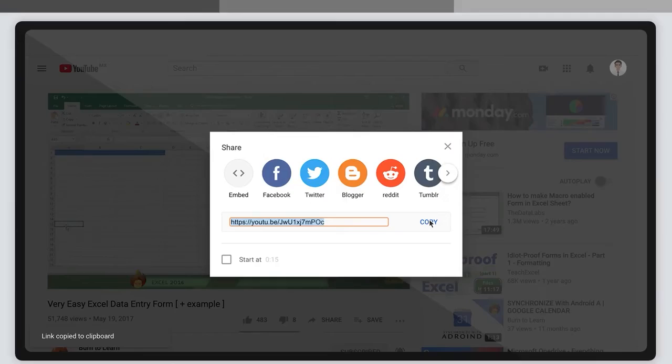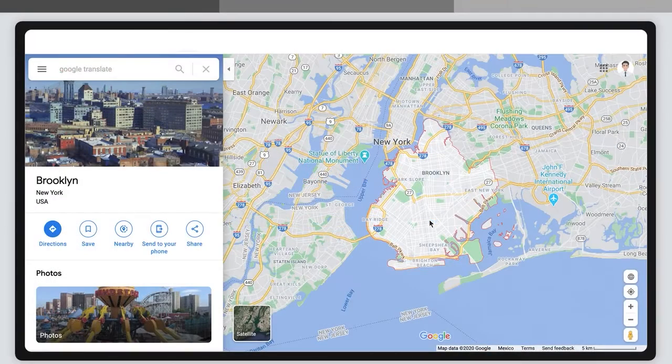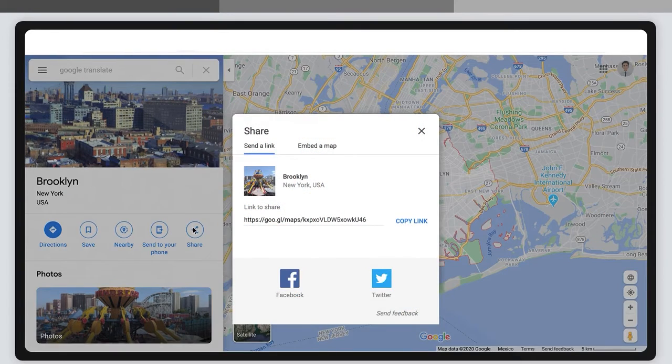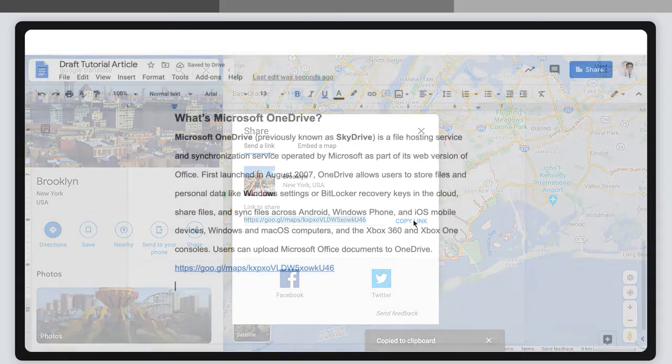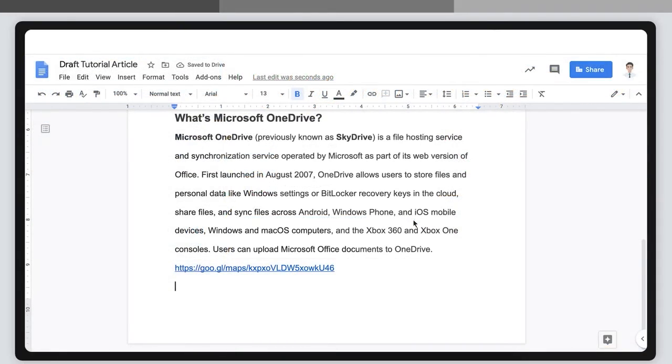Finally, there is a Copy to Clipboard button in Google Maps, which is revealed once you click the Share button. The Copy to Clipboard button will enable you to copy the web page plus any other information you may want, such as address and phone number. The Copy to Clipboard button is only included in some websites and applications, so make sure you take advantage of